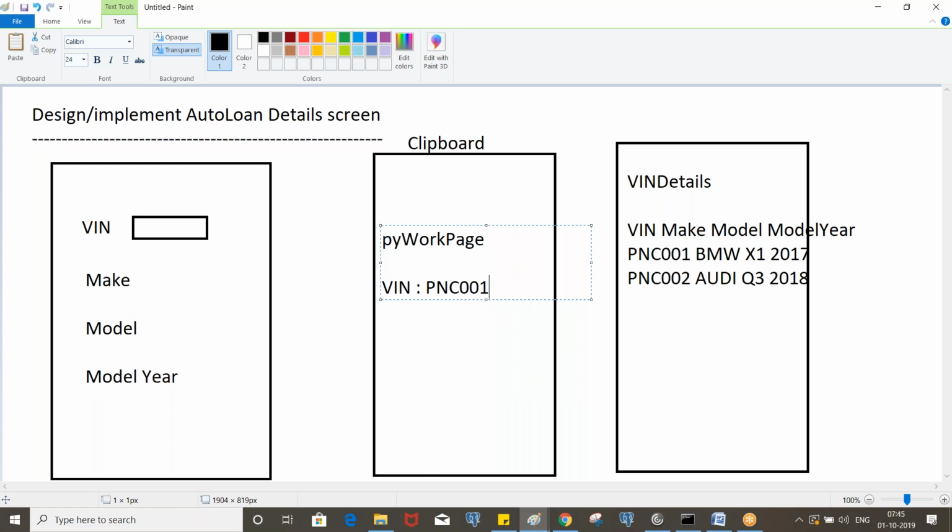Now you need to take this VIN and pass it to a method. What is the activity method we have to fetch a single record? Obj-Open, right? Sorry.